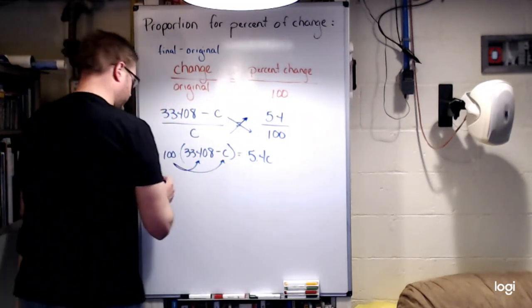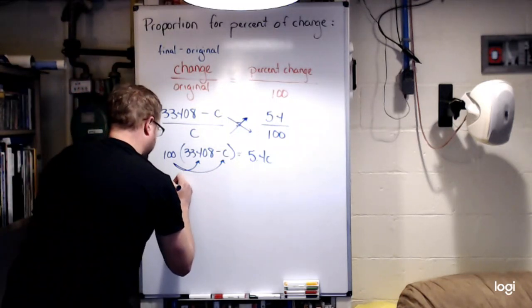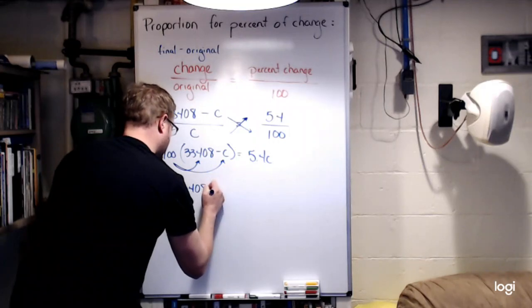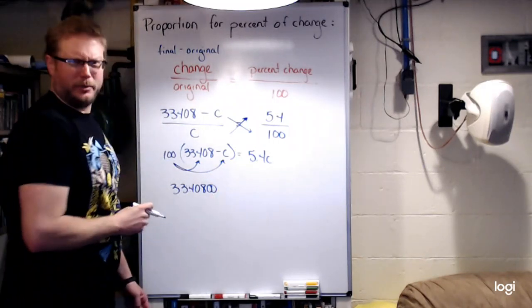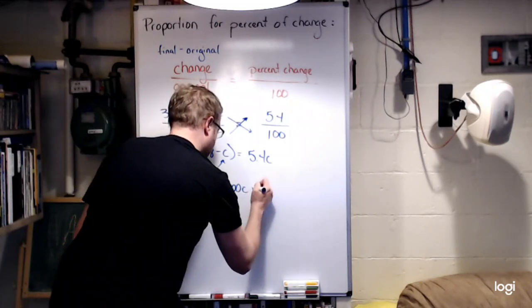And that's going to give me 3,340,800. I know it's big, but don't worry about that. Minus 100C equals